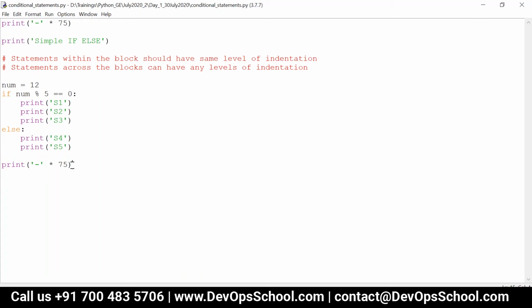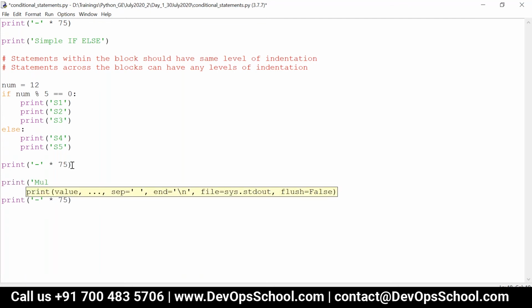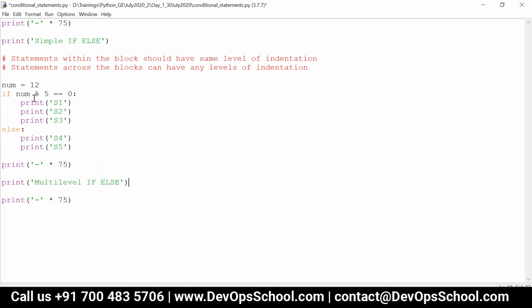Okay, so next one is multi-level if else. That is, I can give n number of if statements within a block. So I can say, let's say num is equal to 120 like this.